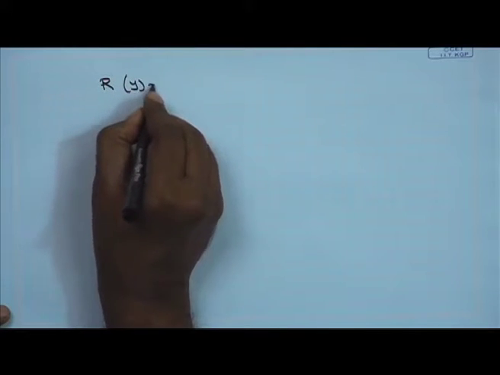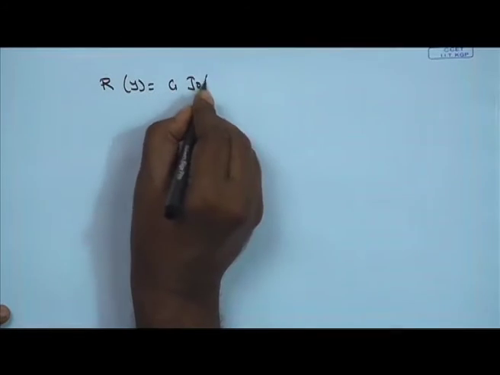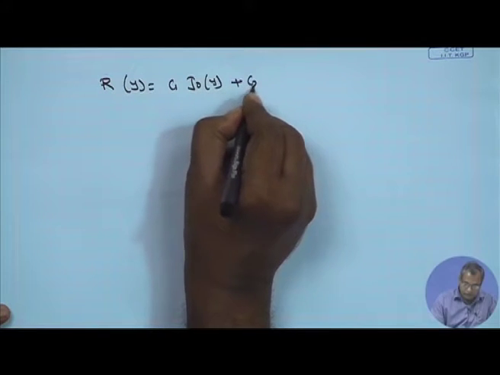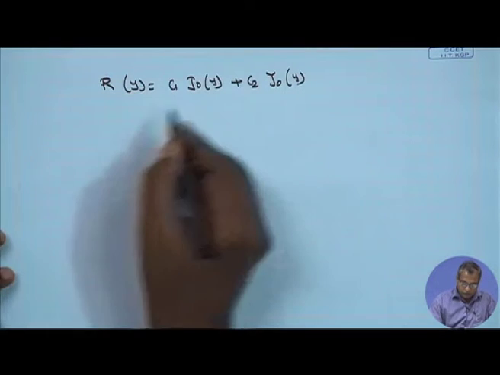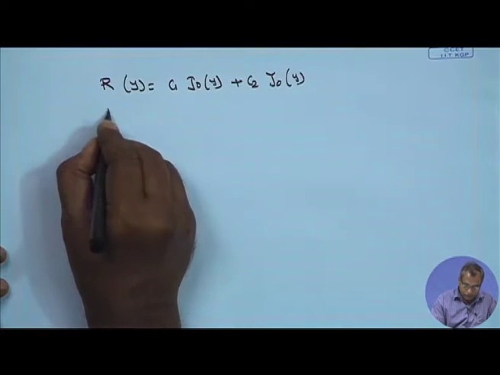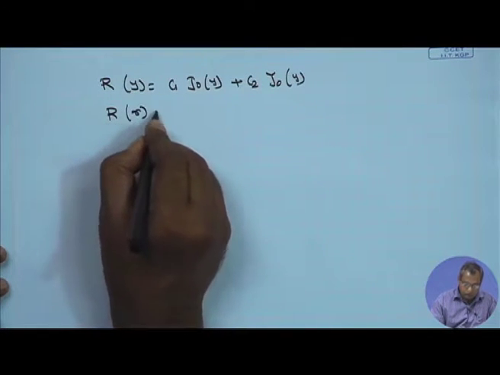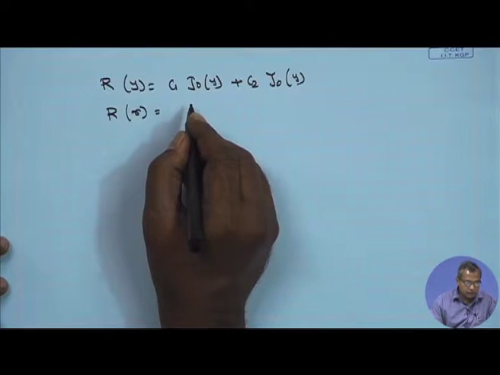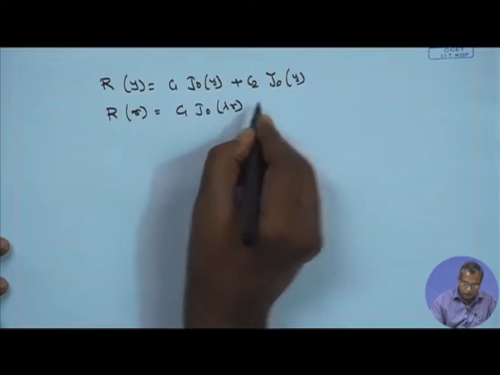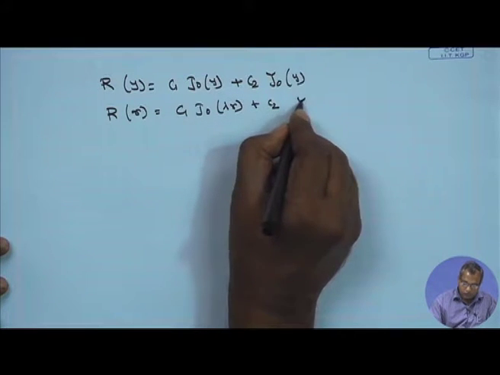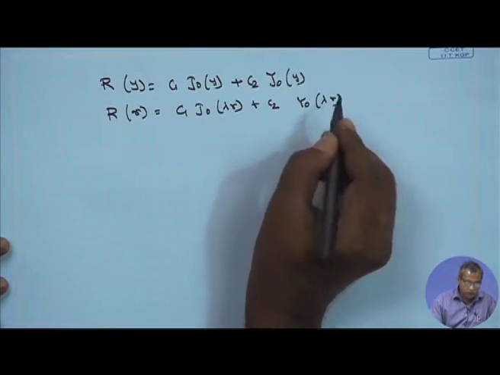So, if you look into the solution, R of y becomes C1 J0 y plus C2 Y0 y. So, put it back to lambda r. So, R of r is nothing but C1 J0 lambda r plus C2 Y0 lambda r, and at r is